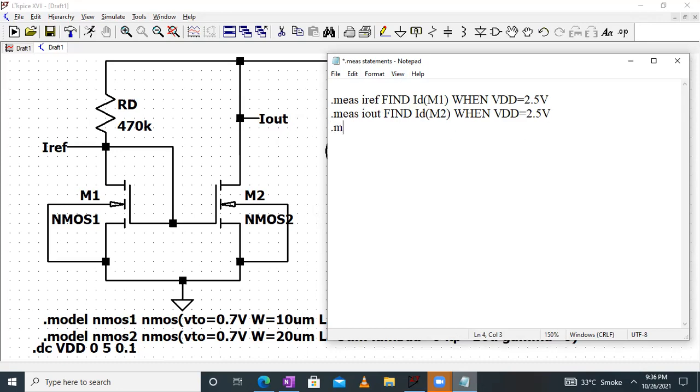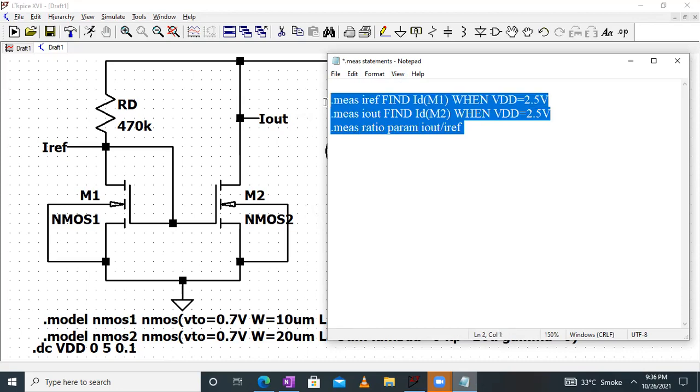And now we also want to calculate the ratio, that is I out upon I reference. So we'll type over here ratio, and this is a variable. Then we'll type param, and we will do I out divided by I reference. So this will store the value of I out upon I reference in the variable ratio.